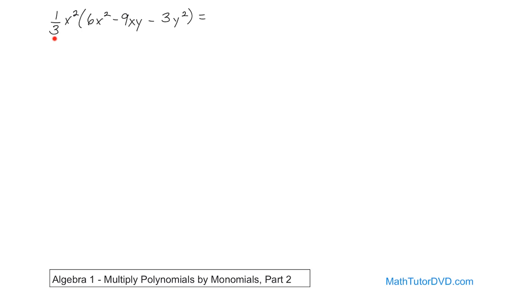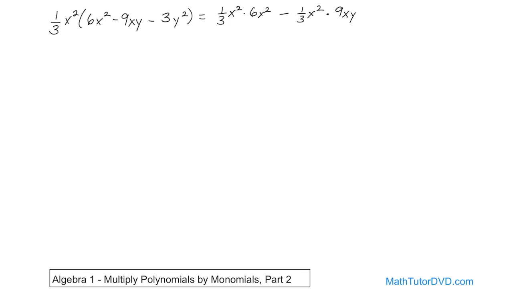So when we take this and multiply it in, what we're going to have is 1/3 x squared times 6x squared. That's the first multiplication here. Now we have a minus sign, so we're just going to copy that. It's going to come along for the ride. And then we'll have 1/3 x squared, and that's going to be multiplied by the second term here, which is going to be multiplied by